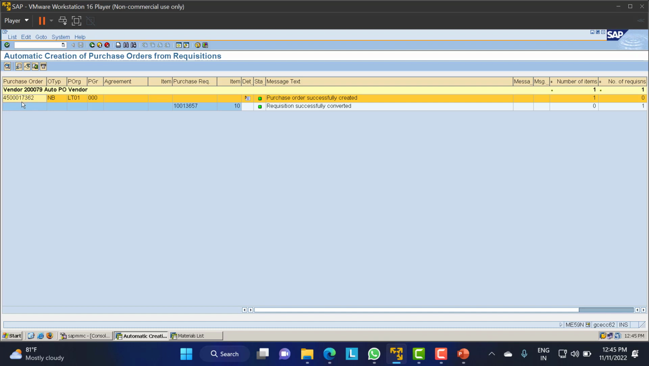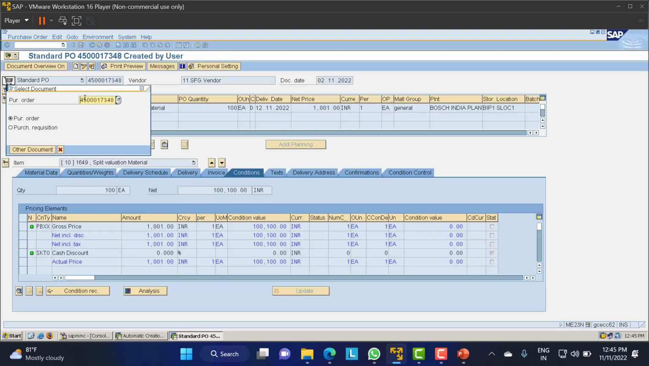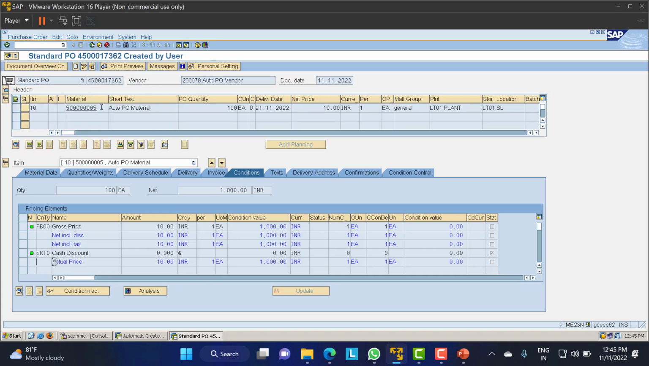Just copy this purchase order, go to /n ME23N, that is display purchase order, choose other purchase order, paste this, and click enter. You can observe that the material is available. This is the auto PO material, and the PO is created automatically. We just need to release this PO and we can proceed for the GR, then to the payment. So this is how we create the automatic purchase order,